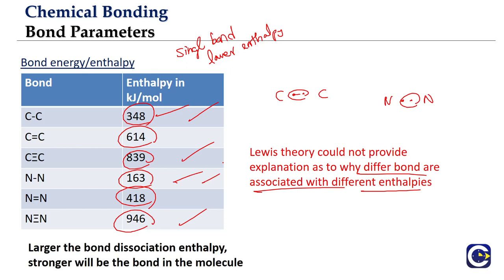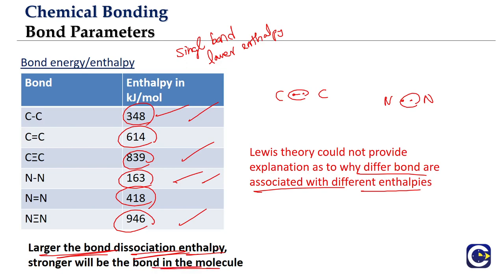Now the significance of these bond enthalpies is, for any bond, when we have a larger value of the bond dissociation enthalpy, so this bond enthalpy can also be called what? Bond dissociation enthalpy. Why? Because we are measuring it using the dissociation of the bonds. So the larger the value of this bond dissociation enthalpy, it means we have to supply that much more energy to break the bond, which represents the strength of the bond. So it indicates that the bond is actually stronger.